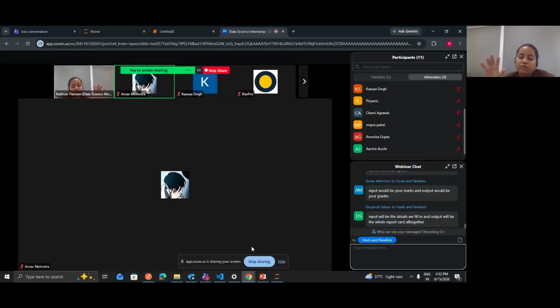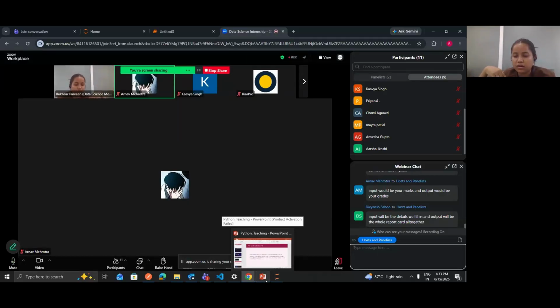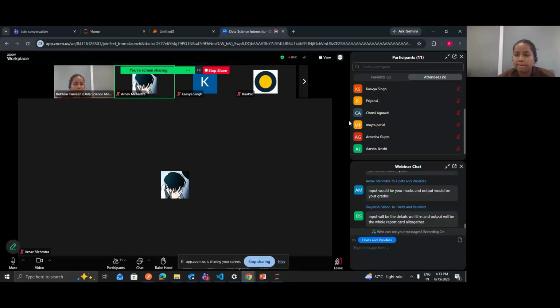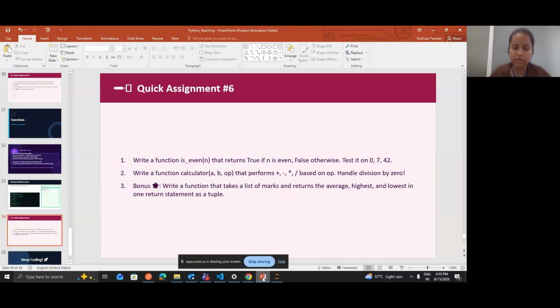So you have to write a function that can take an input, for example we pass a parameter n, and you have to check whether this is even or odd. You just write the logic for that, and if it is even, you return true, else you return false. I hope you guys have taken the screenshot.